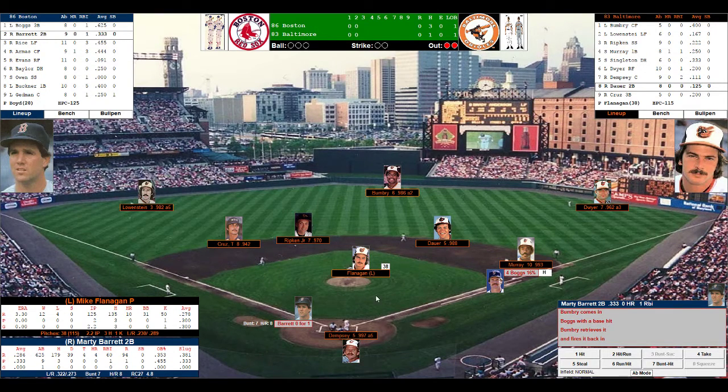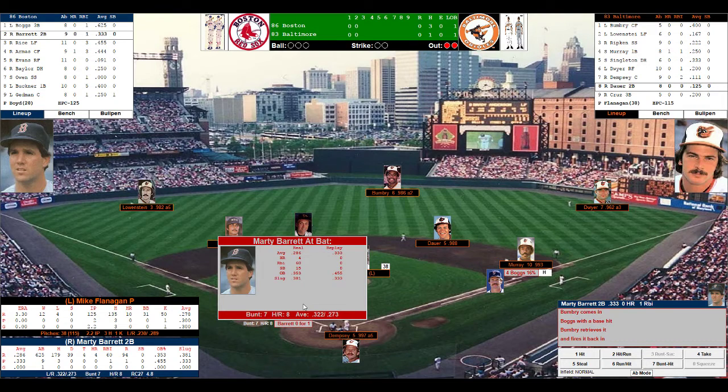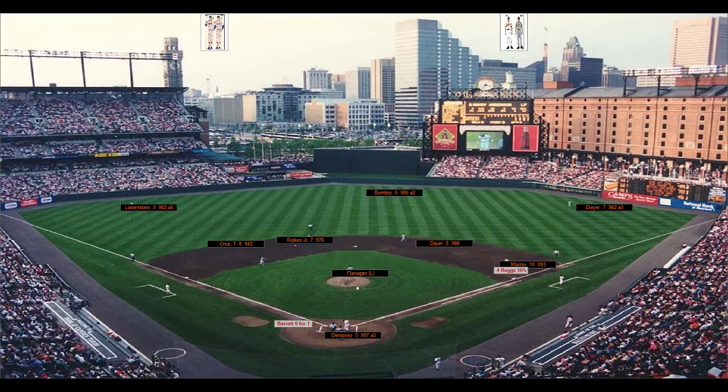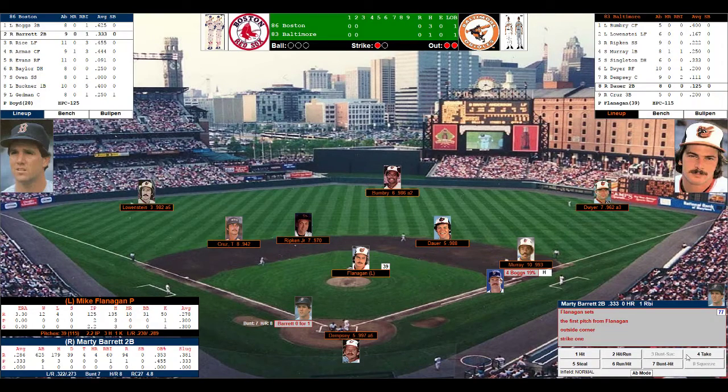Murray holding him on. Here comes Marty Barrett. Marty Barrett's 0 for 1. They had a hit and run on in the first inning. He advanced Boggs to second base. There'll be no hit and run here now, though, with two outs. Barrett to take. Flanagan delivers a strike, outside corner. Flanagan coming with the slow stuff. That's what he was pretty much known for, a lot of off-speed pitches. So no balls, one strike, two outs.